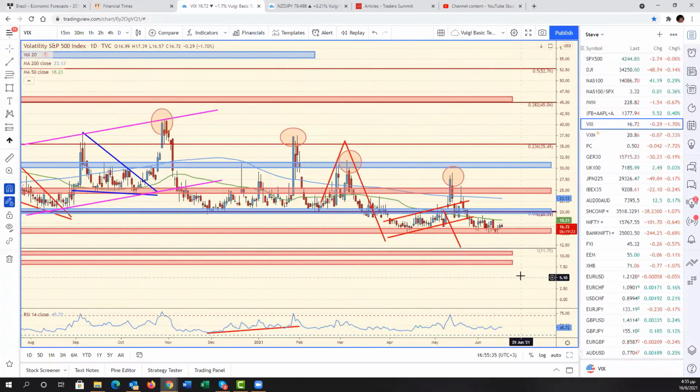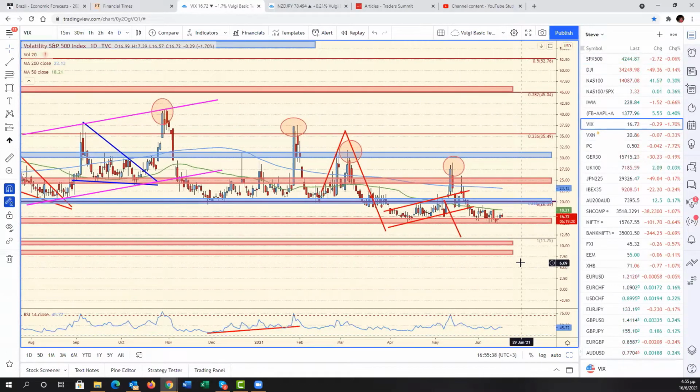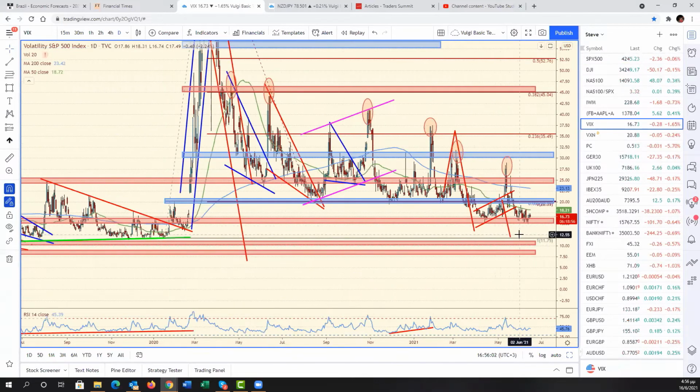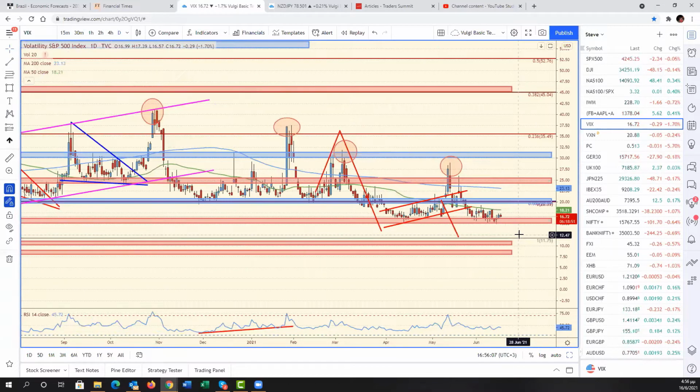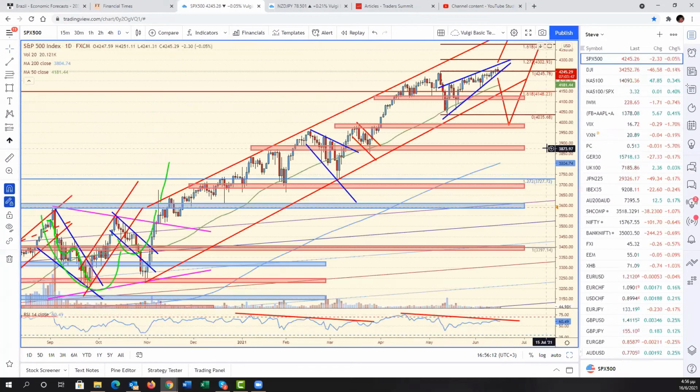VIX has diverged slightly the last 2-3 days, but very frequently divergences in the VIX and the equivalent indices for other stock markets can be divergences for a long period of time. So a divergence of 2-3 days doesn't necessarily mean anything. But there is a pocket of air. I mean, if we break through 15.5, there is a pocket of air until we go down to 11.75, right? And this can actually happen, right? So, one of the two has to happen today, and we're going to find out which.